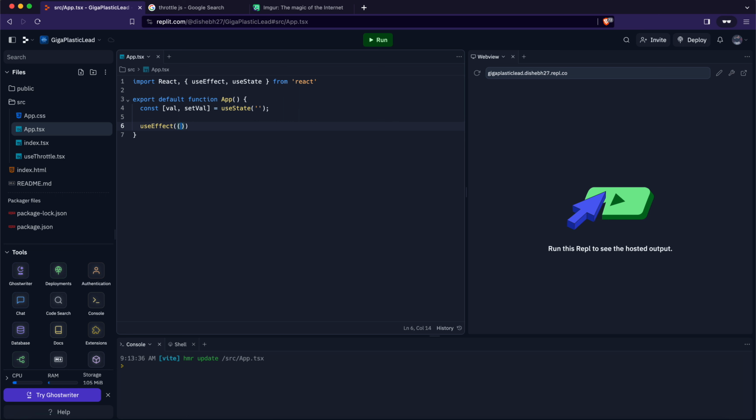I will create a useEffect. This will basically call my throttled value and print my value here. So this is just for the later stage, you can just ignore it for now. Return will return a div,